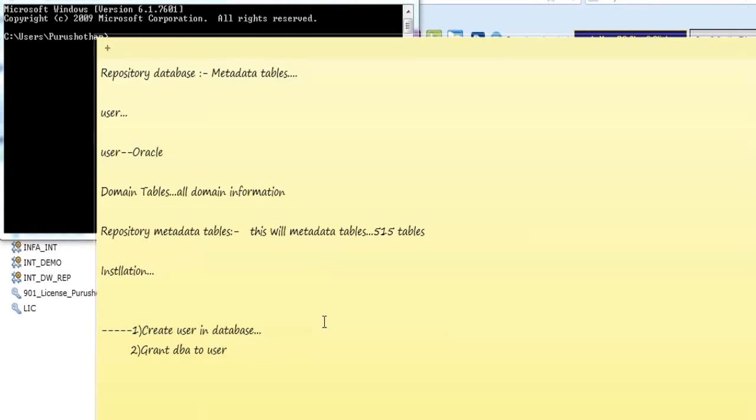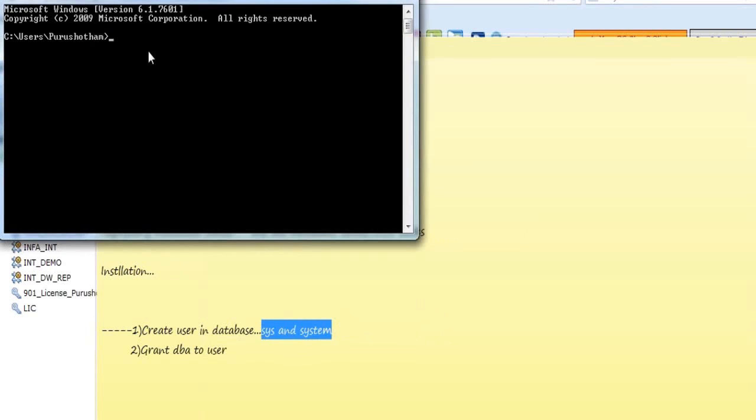In Oracle, for the people who are new to Oracle, by default 2 users get created whenever you install the database. Those users you can call super users, sys and system. These passwords will be the same as what you enter while installing Oracle. So now I am logging into my database by using these users. You need to know this username and password, otherwise you can't log in.